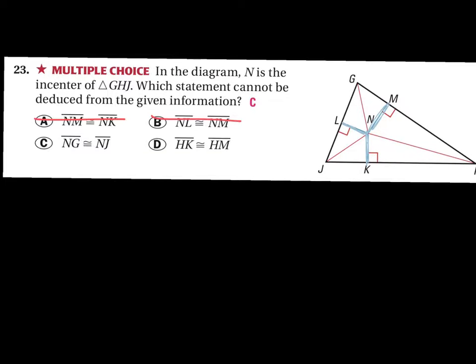Then I've got NG is equal to NJ. So you're trying to prove that this is congruent to this. Those are angle bisectors, so I don't know for sure that they're congruent, right? I don't know anything about their length. If you compare the three angle bisectors, those two might be similar, but the one on the other side looks like it's totally different. So then go to the next statement that says that HK,